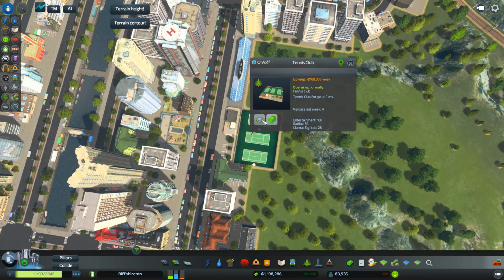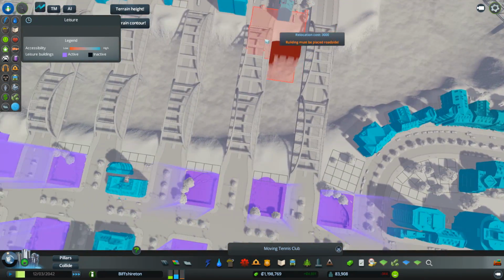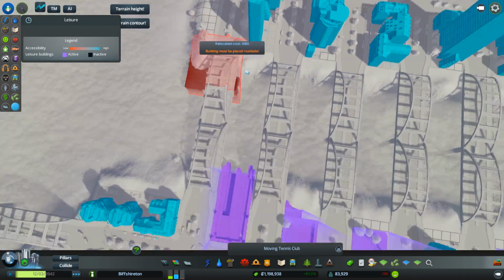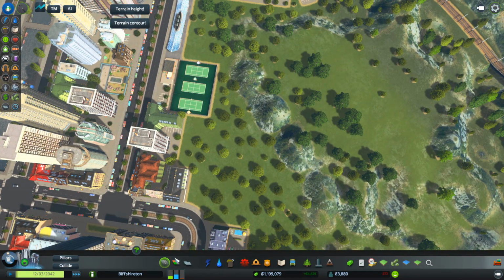Let's move the tennis club. I want to use that again. Where can I stick it? Where can I stick the tennis club until I need it again? Okay, let's forget moving the tennis club. What I should do is...